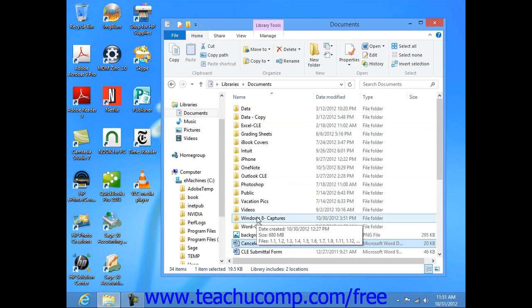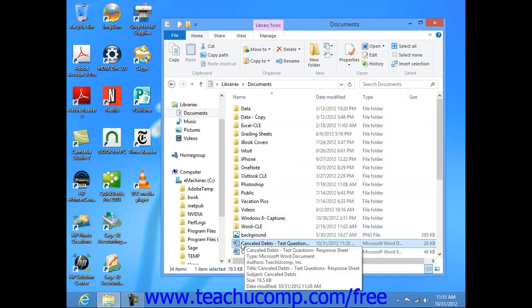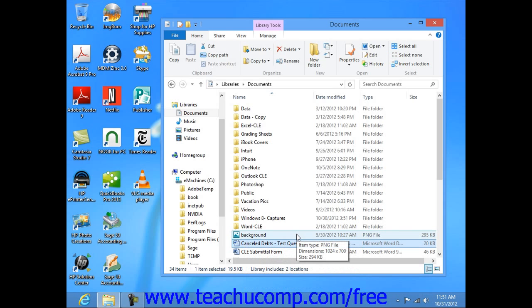Now, if you wish to view information about a file that is selected within the pane at the right side of Windows Explorer, you can click it to select it, and in Windows 7 and Vista, its file properties and information will appear in a small pane at the bottom of the Windows Explorer screen, provided that the window is not sized too small. In Windows 8, you will need to click the View tab within the tabs at the top of the Windows Explorer screen after selecting the file,